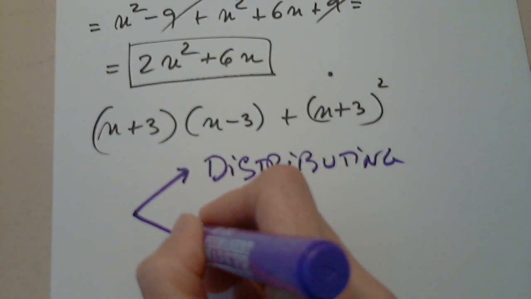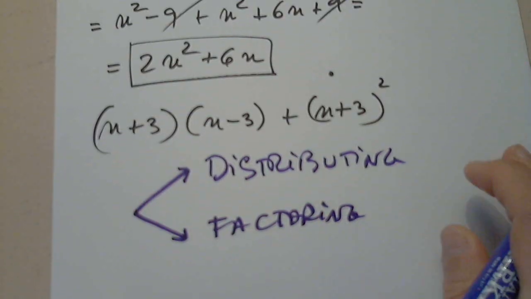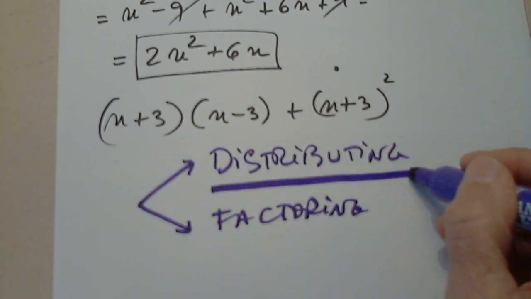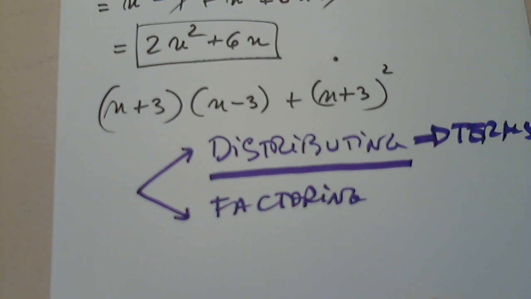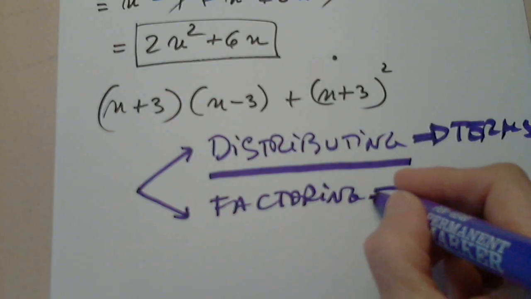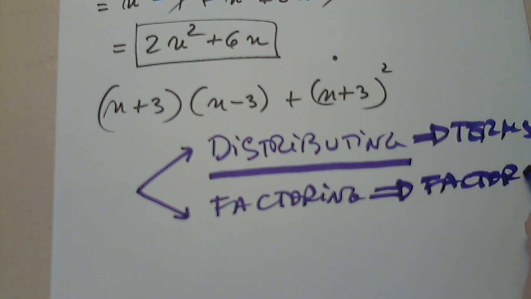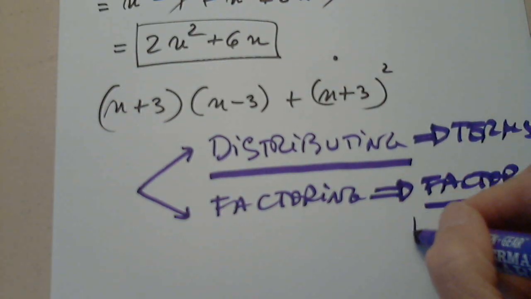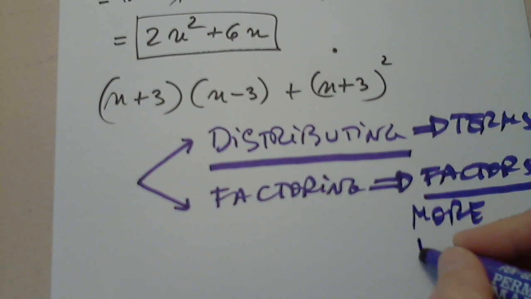The other concept is factoring. When we distribute, we get terms as a result. When we factor, we get factors as a result. This is more valuable, with more applications,